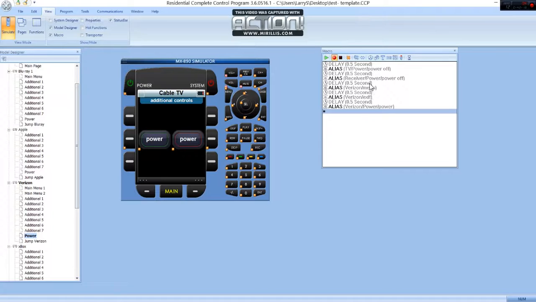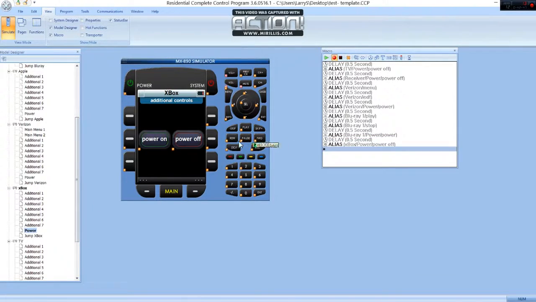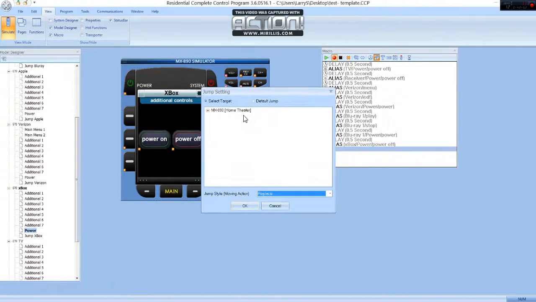power, my end status, obviously if it was on, it would turn it on. If it was off, it would turn it on. But at the end, if it was on or off, it'll take it off. The next thing we're going to do is go to my Blu-ray, which goes to play, stop, power. So whether it was on or off, it's going to turn it off. And then you have here is your Xbox. If it was on, it'll turn it off. And we're going to do a final jump to, and this is where we jump